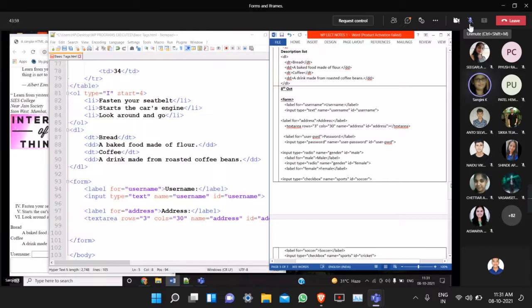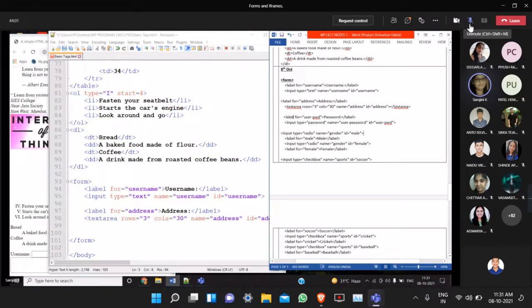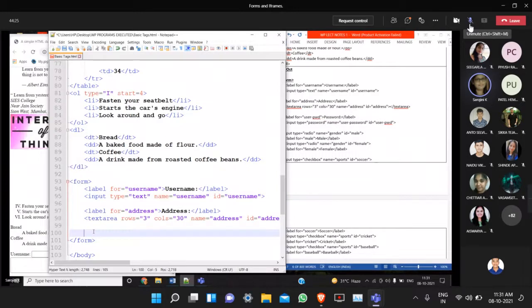Okay, we displayed text area. Now we want to display a password box. This is also a text box, but we call it a password box because in the text box, whatever character you type will be visible to whoever is typing it. But for a password box, wait, one second, I will paste the copied content.